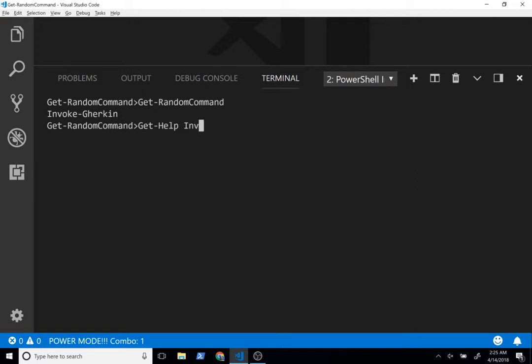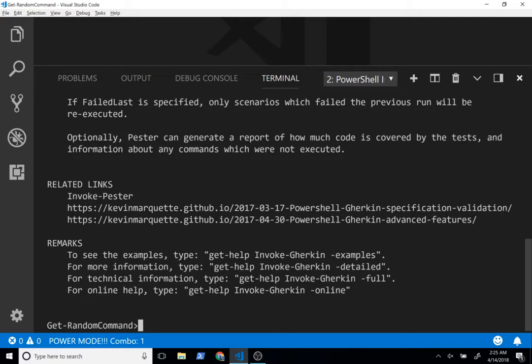get help, invoke. That's actually part of Pester. It's like an alternate testing framework. I would say it's very similar. It's like a more behavior-driven development than the Pester test you're used to. But if we